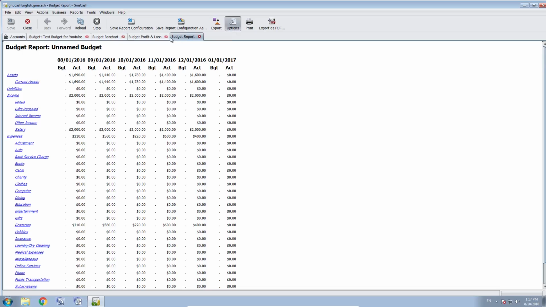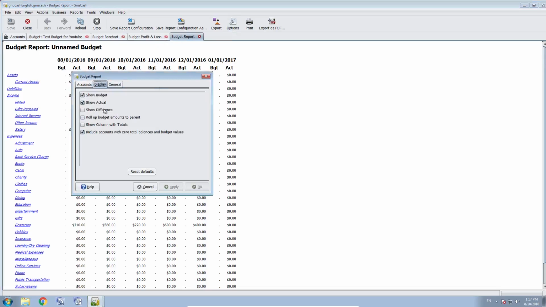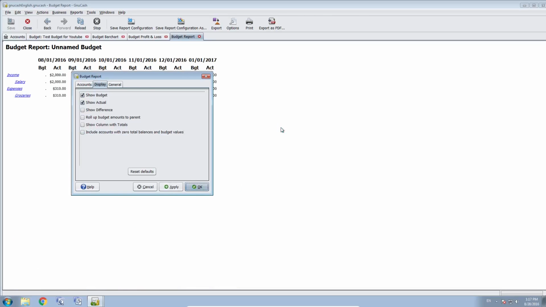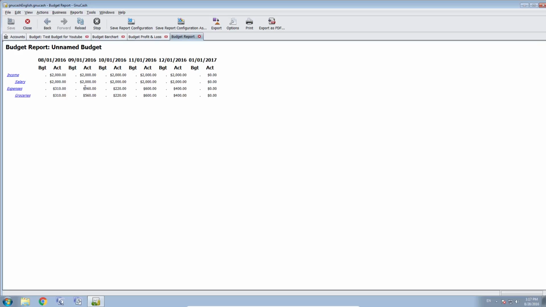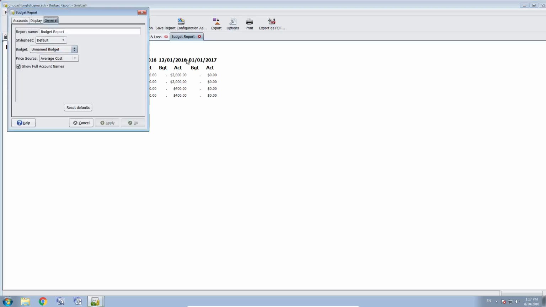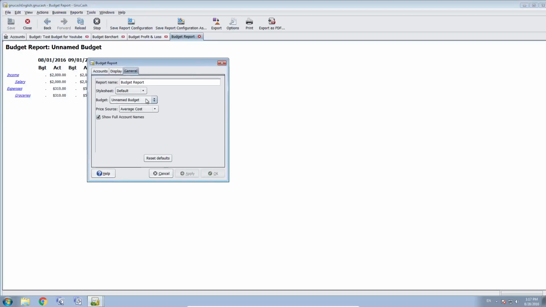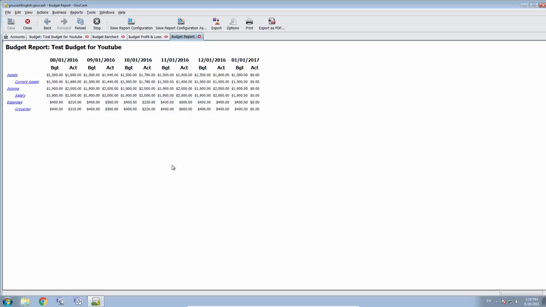For doing that, we go to options, we go to display and uncheck include accounts with 0 total balances and budget values. We do that, click OK. Now you see we only have the ones where we created our budget and where we have our transactions in. So again, no budget listed because we have the wrong budget set here. We go to budget and select our test budget, select OK, and now we have our test budget for YouTube here,